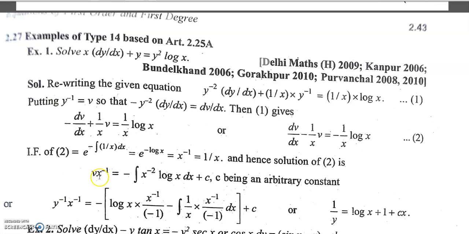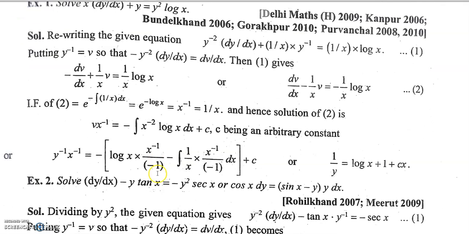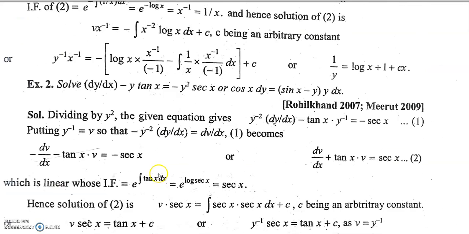Now again you need to replace the v by 1 by y, so that you get the final answer. And final answer is 1 by y equal to log x plus 1 plus cx. So you need to remember how to do the integration here only. Okay,